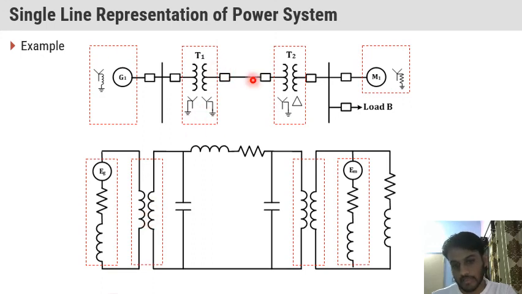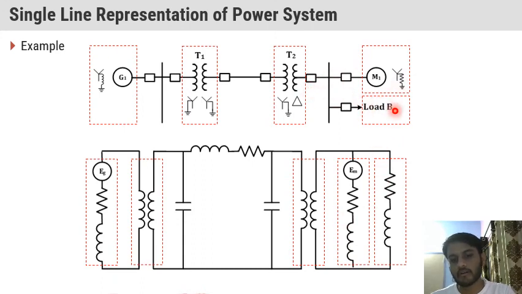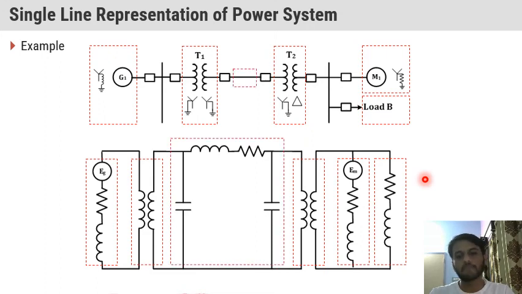Then we have a transmission line. We neglect both the circuit breakers, but we have a transmission line. So we draw the transmission line by using the pi model, and this is the pi model of your transmission line. Then we have another transformer. Then we have a load, one motor load, and then one load B, which is not indicated here what type of load, so we take it as a resistance and reactance component. So these are some examples of how we can represent any type of diagram with a single line diagram.